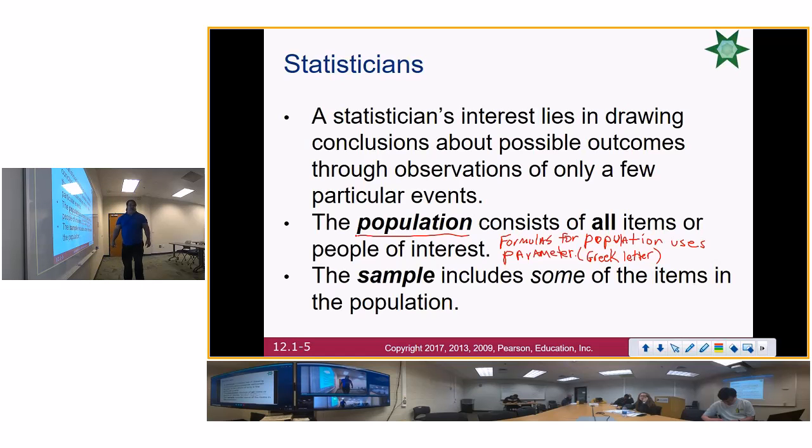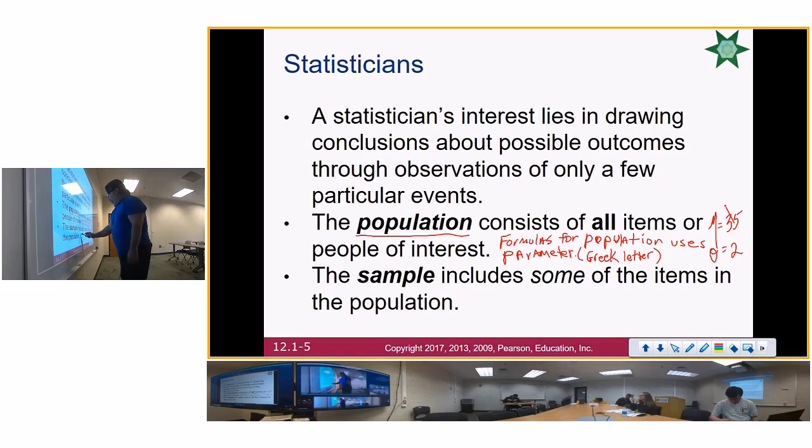Population. So if I throw up mu is equal to 35 and sigma is equal to 2, that means that the population mean is 35 and the population standard deviation is 2. So from here on out, if you see in a presentation, no matter if it's at work or school, and they throw up a Greek letter, then you know it has to do with the population.